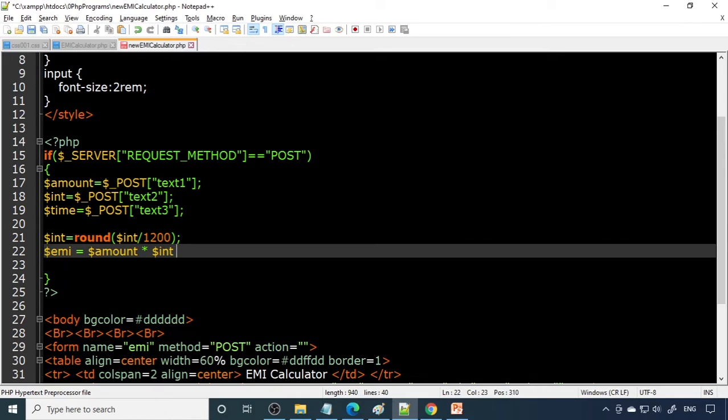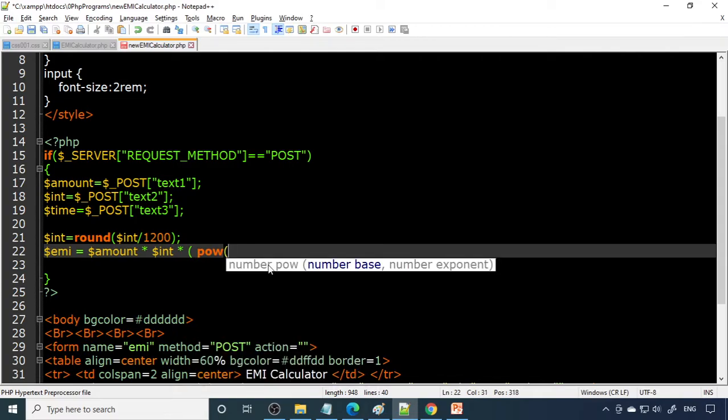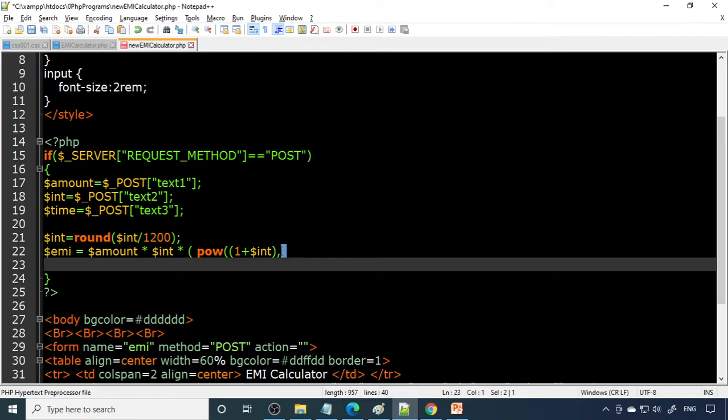So next is the power. You multiply this, then you can open the bracket. Next is the power, so it is to the power, okay. Here again I use one more, 1 plus, that is time, so $time, comma. So time has to come on top. So therefore it is $interest, this is,